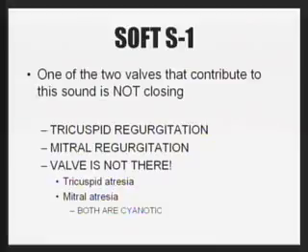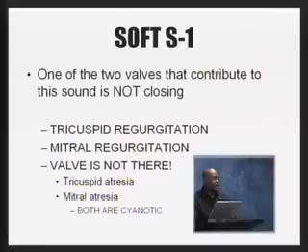All right, so if S1 is made by mitral and tricuspid, and I have a soft S1, Linda, that means one of those valves is not closing. Two valves make a sound and it's softer, so somebody's not making it. You understand? What do you call a valve that's not closing? Regurgitant or stenotic? What kind of valve does not close? Regurgitant or stenotic? Has to be regurgitant. Does everybody agree with Linda? Because that's the correct answer.